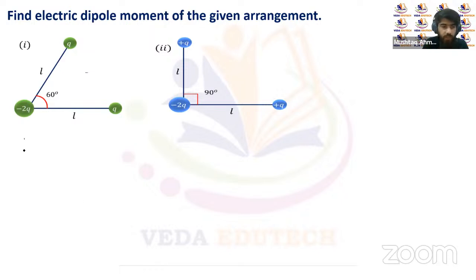is given by the net dipole moment. It is actually equal to, for the discrete charge distribution, the summation of qi ri vector, right? It's the summation of qi ri vector. So this is the net electric dipole moment, right? Now we can apply this equation. Let's suppose